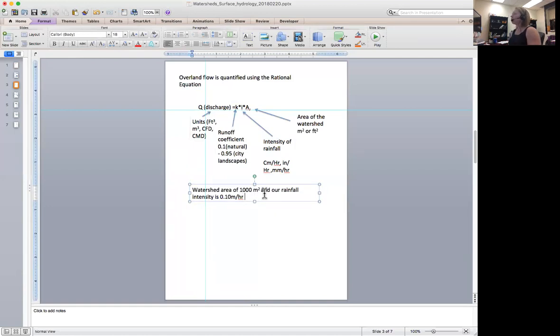And we take a fully natural and a cityscape or city landscape and solve for the discharge, that overland flow. And what we'll get is, if we're in our natural landscape,